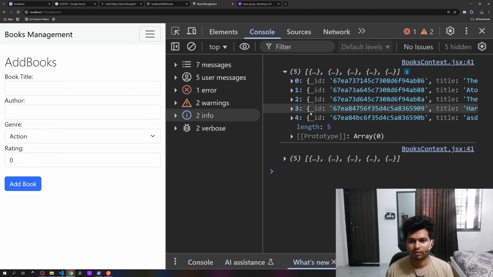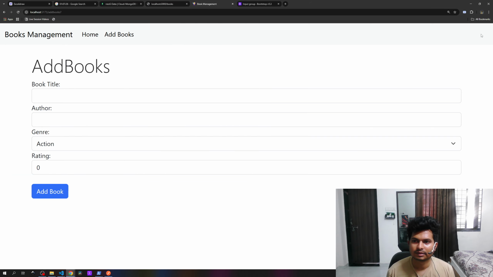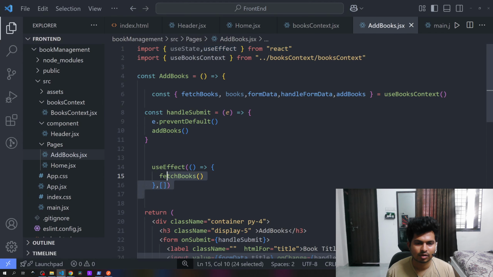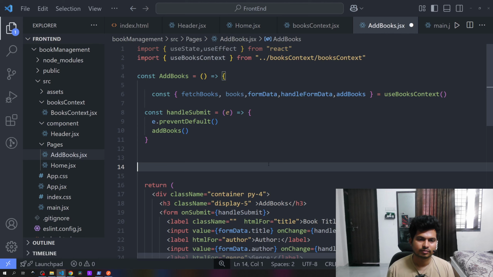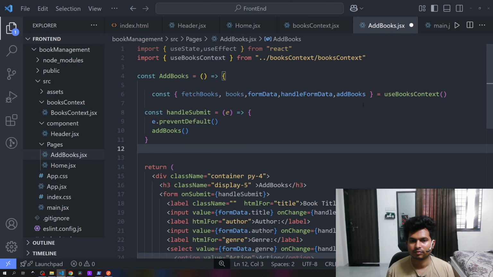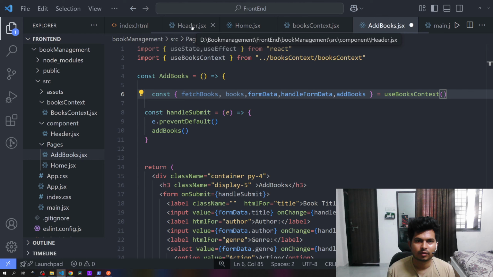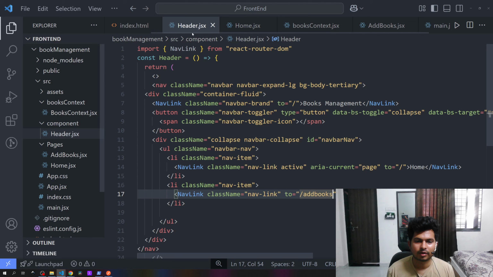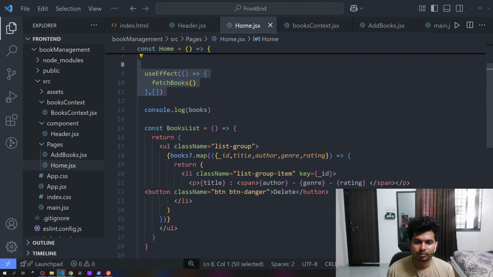Now it has previous data. Okay, initially it's showing null. So let me not do that here. Previous thing,